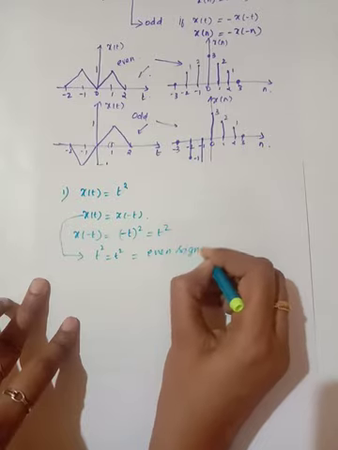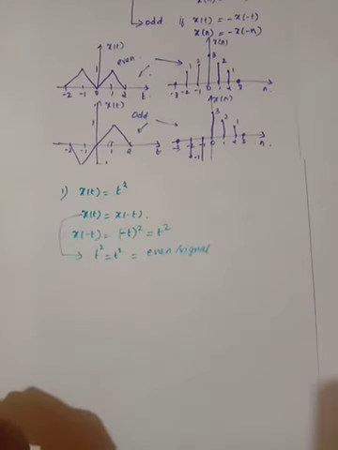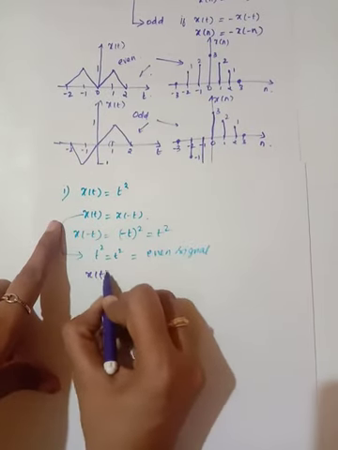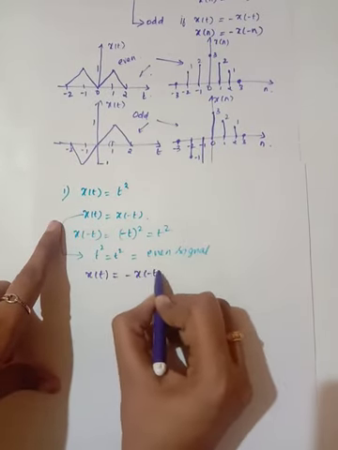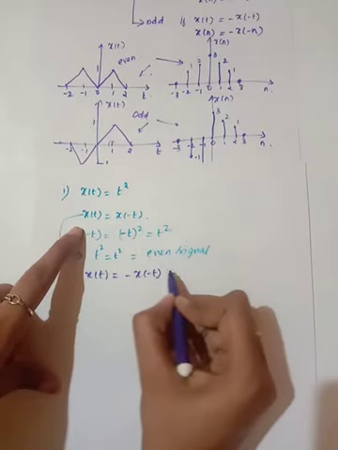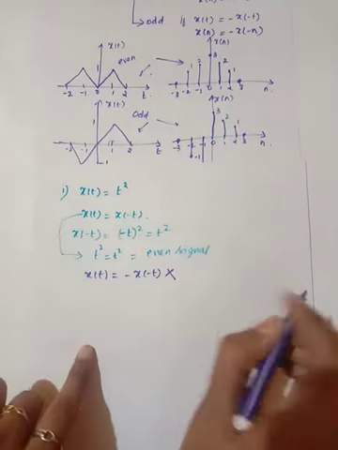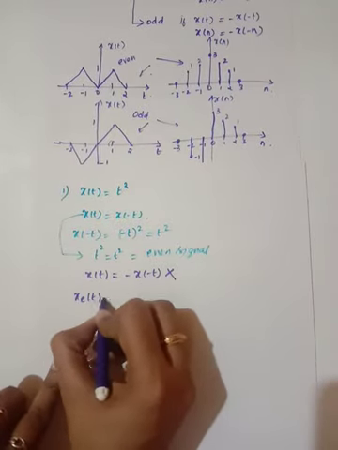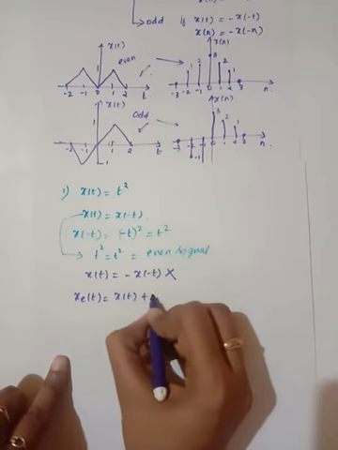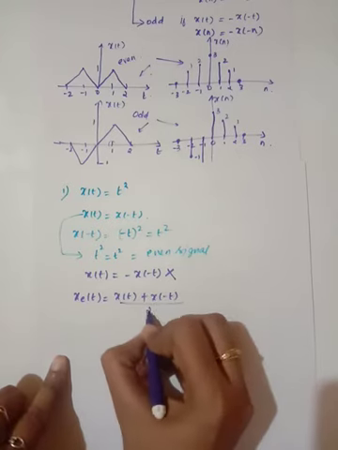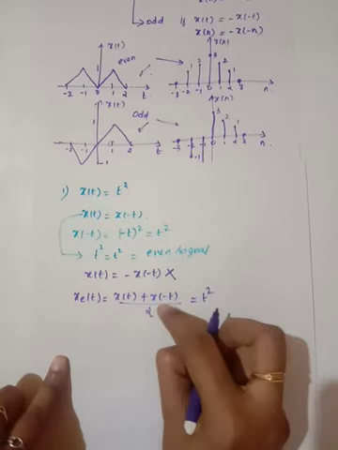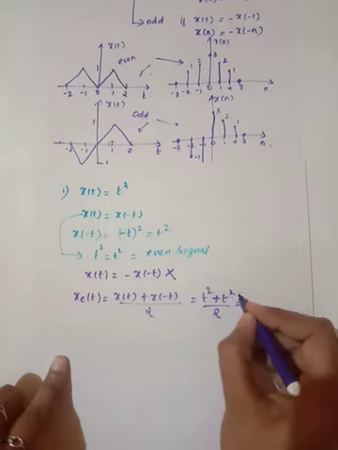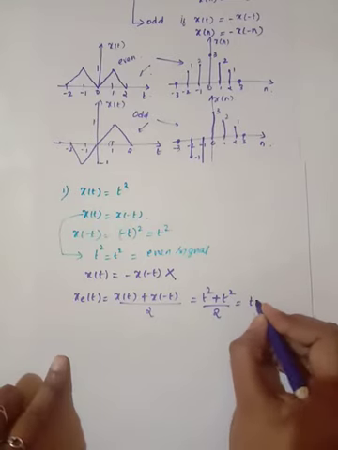So here it is not satisfying the odd condition, right? What is the odd condition? x of t is equal to minus x of minus t. It is not satisfying, right? Because both are the same value, so this is not satisfied, so it is an even signal. Now the signal is given, I need to find the even part of the signal. So x of t plus x of minus t divided by 2. What is x of t? t square. x of minus t is also t square, divided by 2. So 2t square by 2, so you will get t square.